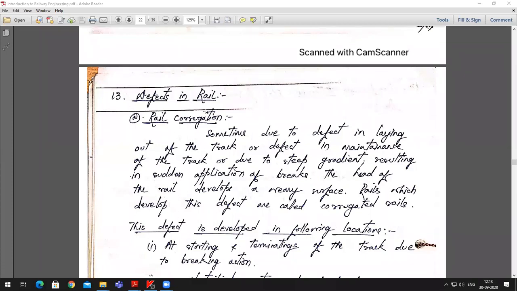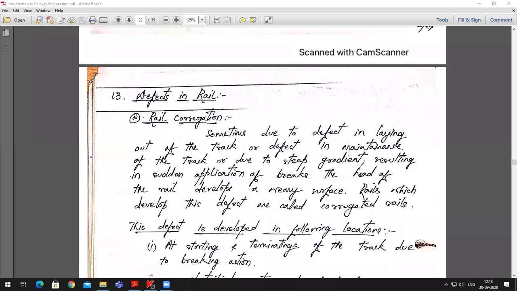You need to be careful while writing your answer, because normally I have seen students getting confused and writing wrong answers when the question is asked. For example, if I ask, explain the defects in rails, by listing the defects first and explaining any two or three in detail, students normally mistake it for wear and tear of rail and write answers for that. That shouldn't happen.